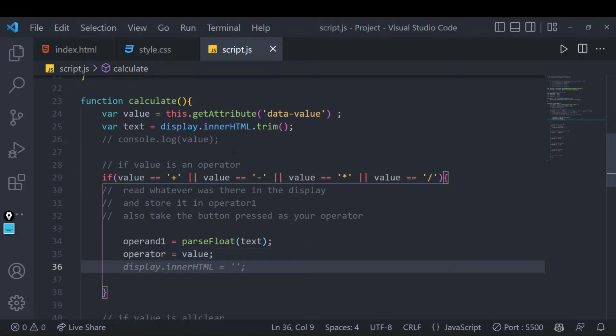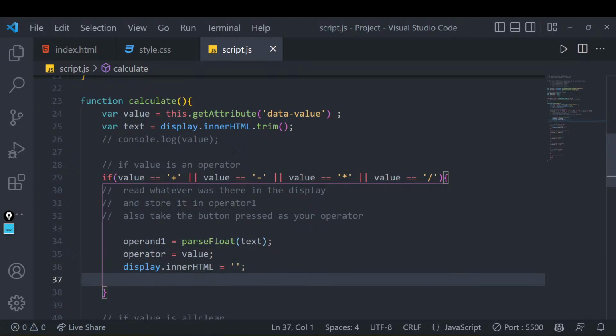So what we will do is we will directly say just remove everything that is on our page now. This will also happen if you were writing a number and then you press the plus button or the multiply button: the text that was there will get removed. Why will it get removed? So that you will write the next number that you want. So I have removed that text now. I have emptied that area now. And once I have done that, I'm done for this part, right?